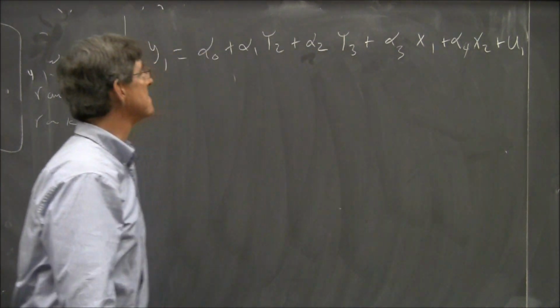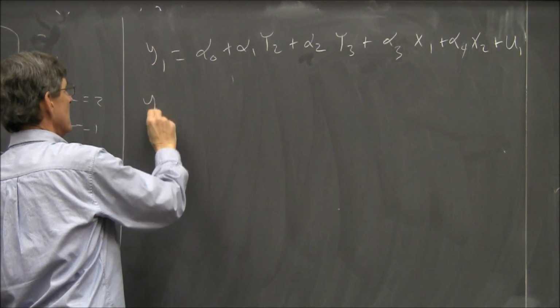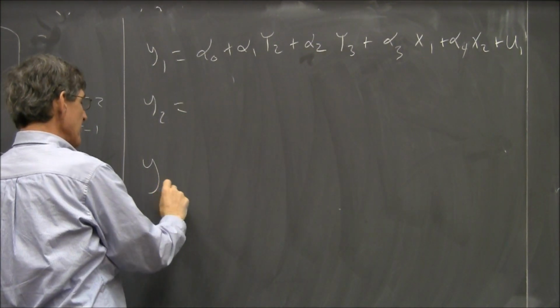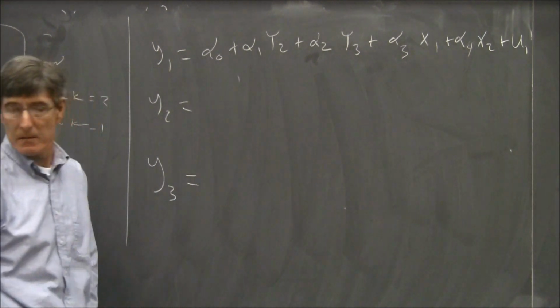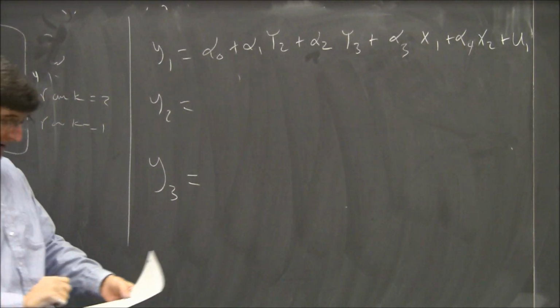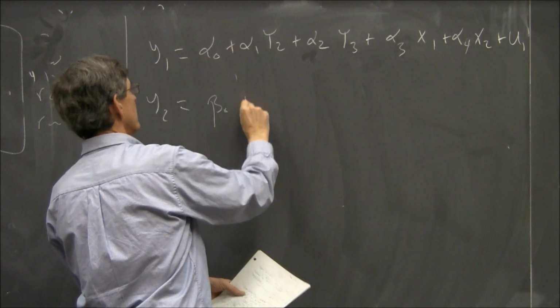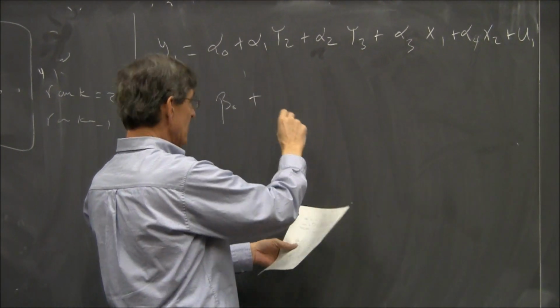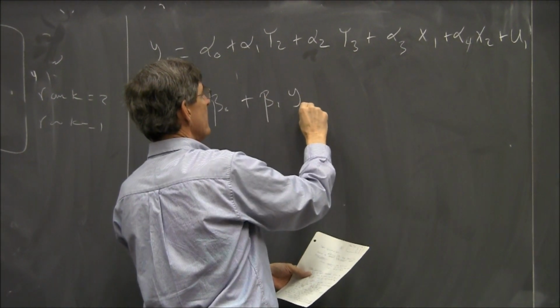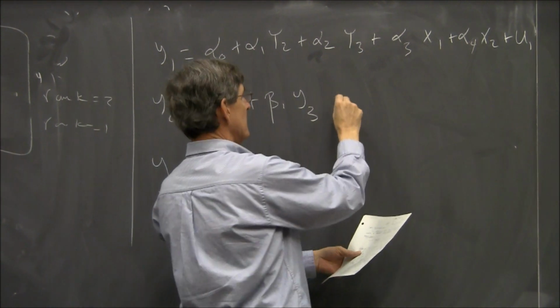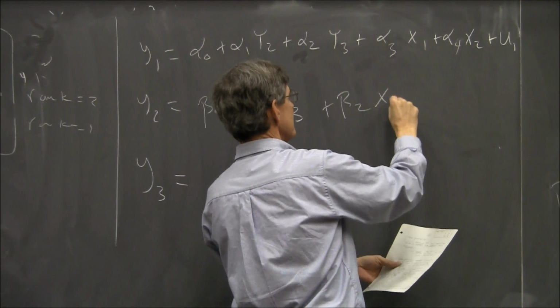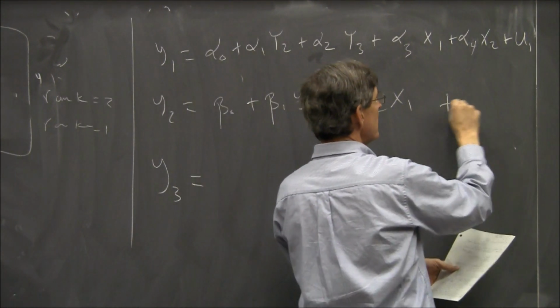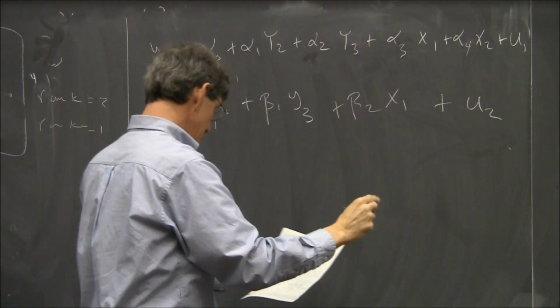Sorry about that. So there's going to be 3 equations, 3 endogenous variables. This one's beta 0 plus beta 1 y3 plus beta 2 x1 plus b2 and